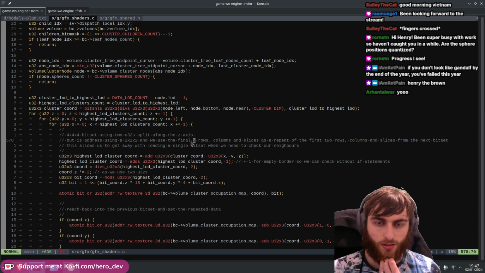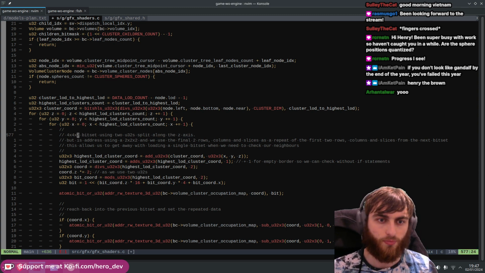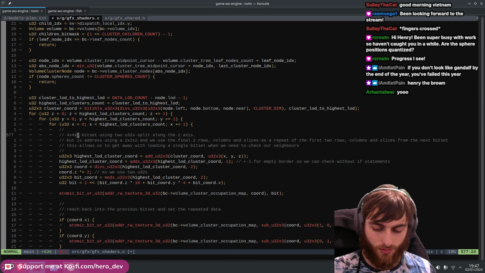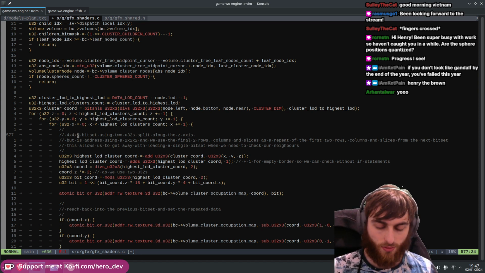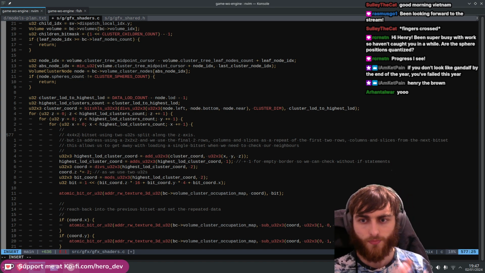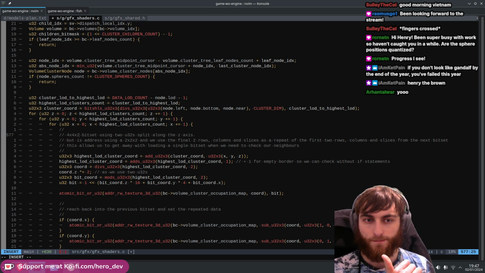But because it's split along the z-axis, right, it's technically a 4 by 4 by 4 by 2, right? Which means when you repeat it, those last two slices, when you repeat that whole bit set,